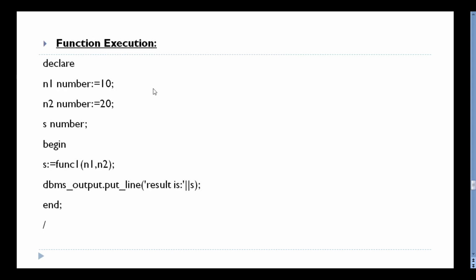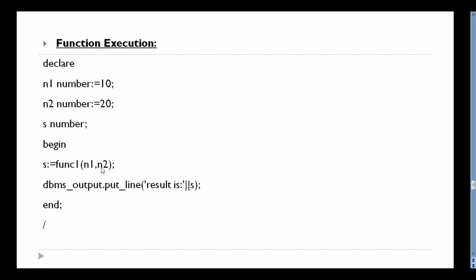Coming to the function execution. I declare two variables in one program, n1 equal to 10, n2 equal to 20, s NUMBER. BEGIN, s := f1(n1, n2). So now the actual arguments 10 and 20 are passed to the function subprogram.